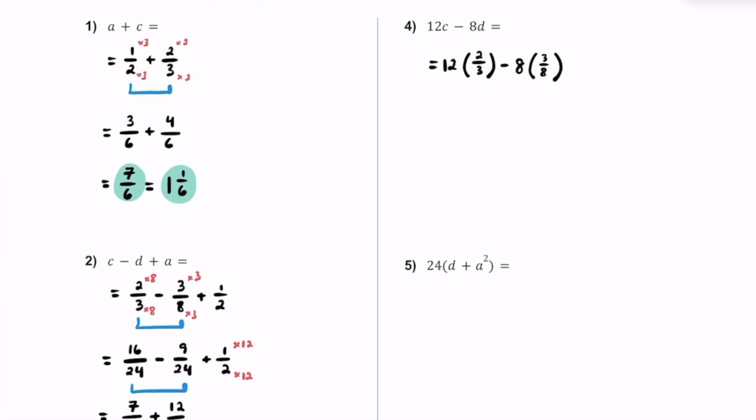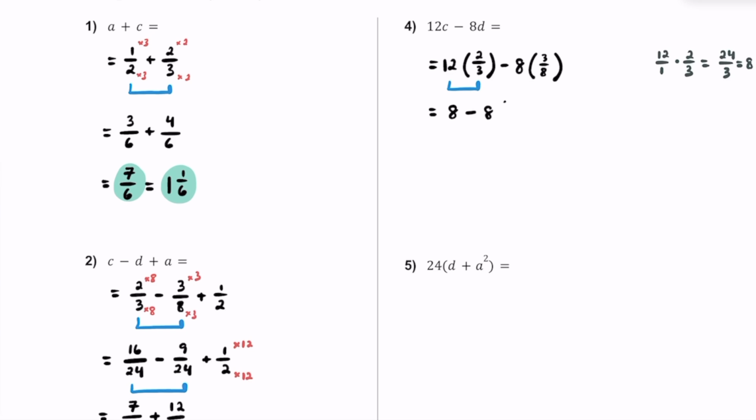And let's see here, we have 3 operations. Out of these 3, let's go ahead and deal with this multiplication first here. So we have 12 multiplied by 2/3. So let's write 12 as 12 over 1 times 2/3. If you multiply here, we get 24 on top and 3 on bottom. This simplifies down to just being 8. All right, so this is going to be 8 minus, and then we have